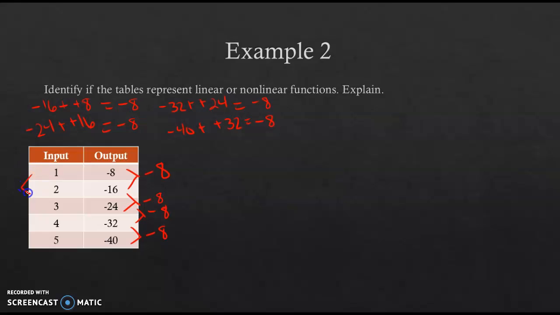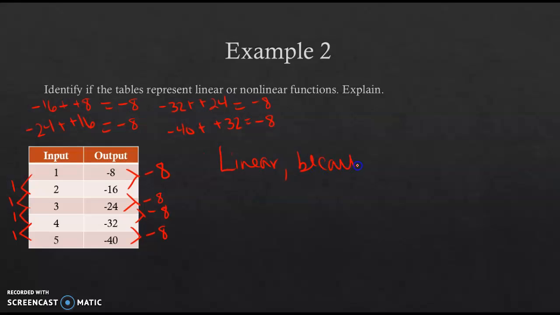And then I'm going to go over here to the x values. 2 minus 1 is 1. 3 minus 2 is 1, 4 minus 3 is 1, and 5 minus 4 is 1. So we have the same for both our y's and our x's, right? Our y's are all negative 8, our x's are all 1. So this is a linear function